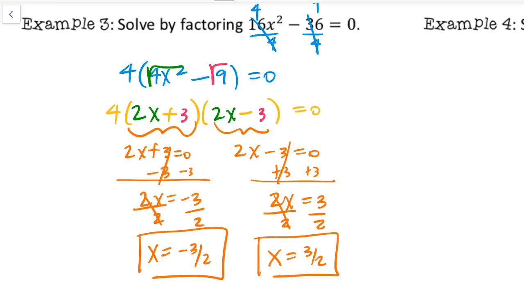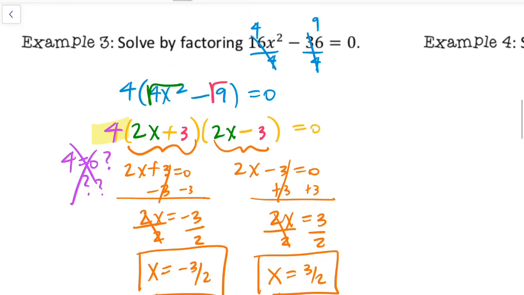Now, do we have to do anything with that 4 we took out? No, because it did not include a variable. If we divided out a GCF that contained a variable, like if I could take 4x out of both terms, great, we would also have x equals 0. But if you try to set that guy equal to 0, 4 is equal to 0, what? No. So we don't get any additional solutions from there. Our only 2 values for x that would cause this left-hand side to be equal to 0 are 3 halves